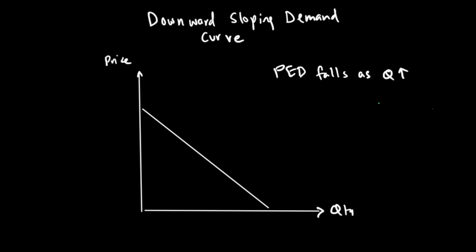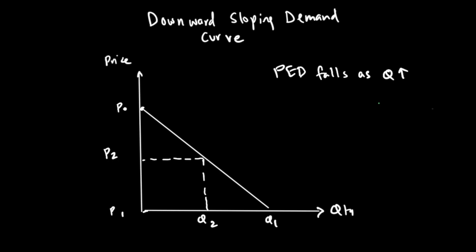So if you look at this point, let's call this point P naught versus P1, and let's call in the middle P2, Q2,